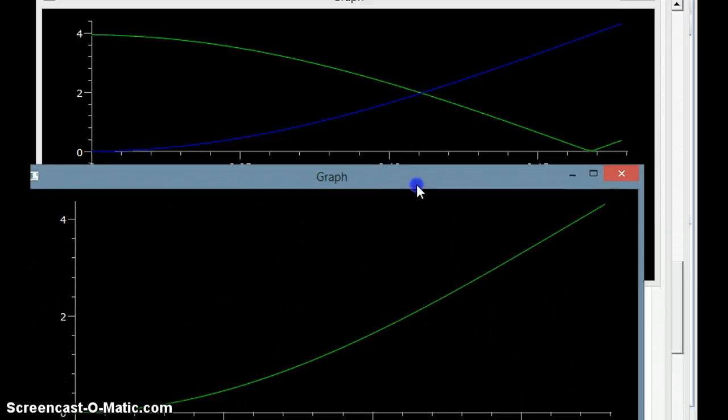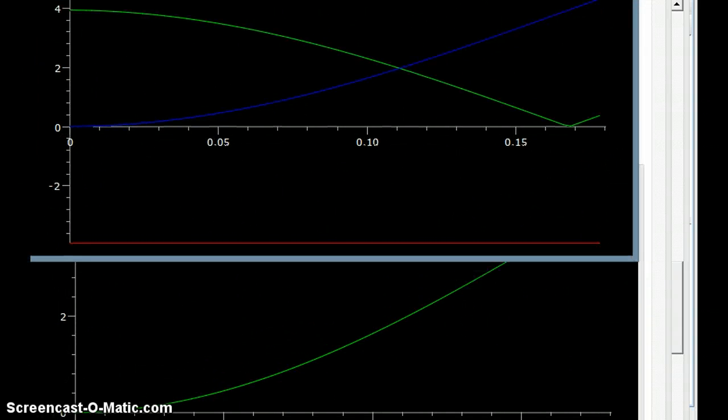So these two graphs right here show it models the position of the ball. As you can see in the first graph right here, the position of the ball is shown and the forces that are acting on the ball. So this force is the force of gravity and the force of the spring. And so as you can see, even though there is a force acting on the ball, there's no motion